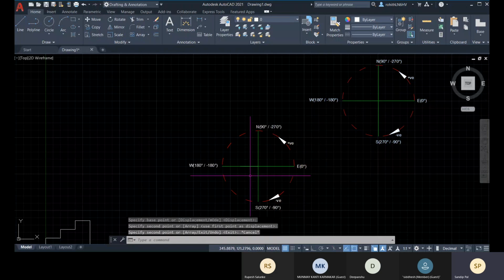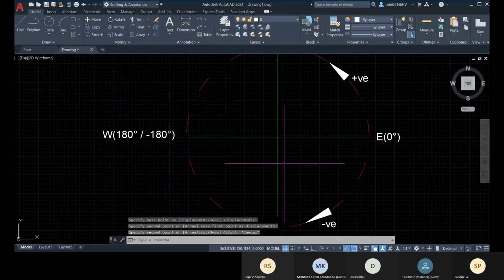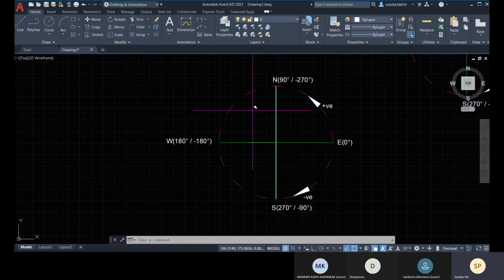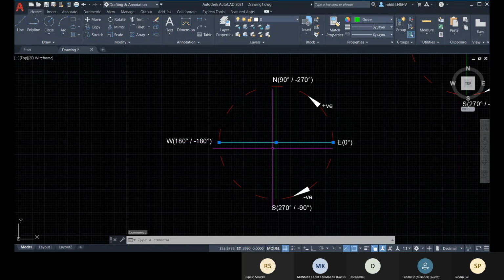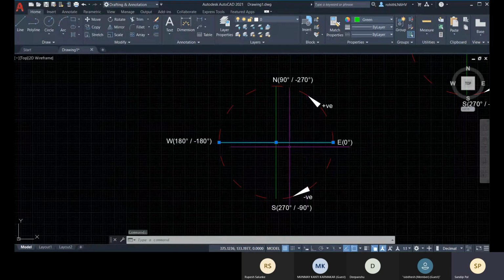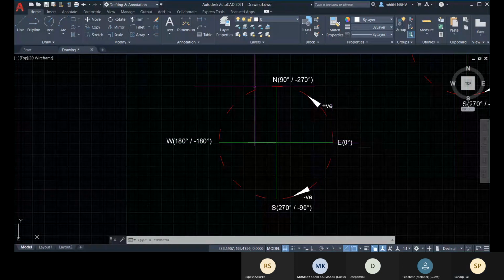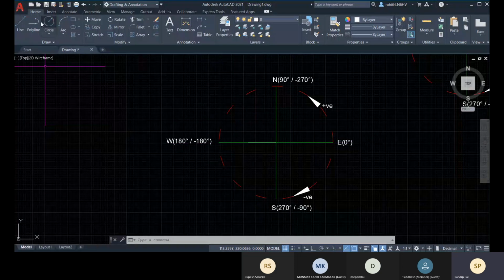Let me place it on here. Okay. So you can see that from this point, this is east, this is north, this is west. So right now we have this line already created, and from this line, it's going 60° more. So the total angle will be 180 plus 60°, right?